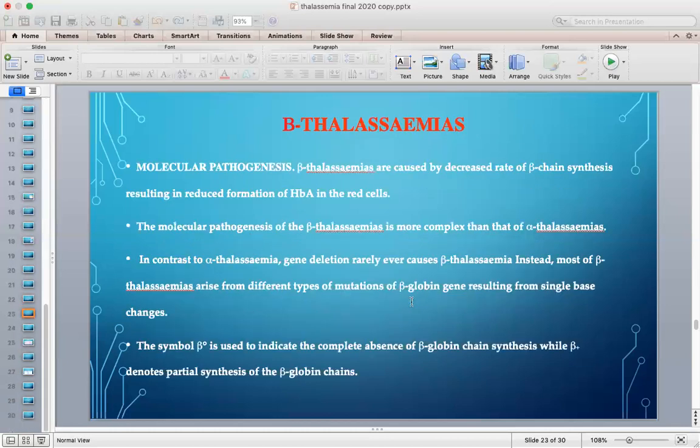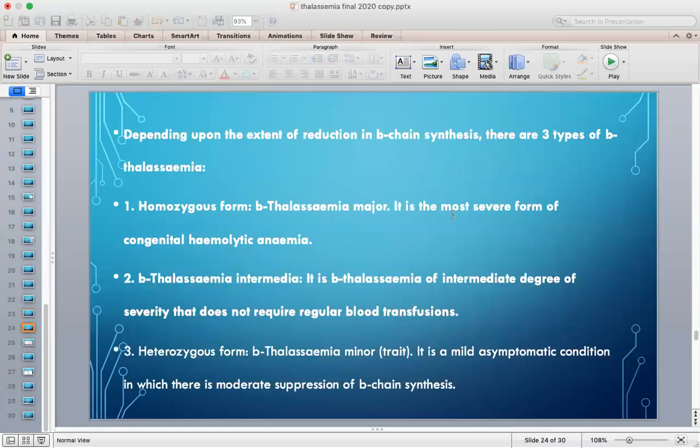For beta thalassemia molecular pathogenesis, we know that alpha thalassemia results from a deletional form of abnormality. But in beta thalassemia the situation is different. Here there is a mutation, and there are multiple mutations, about 500 types of mutations that can cause beta thalassemia. Depending on the extent of the reduction of the beta chain, we will have 3 types of